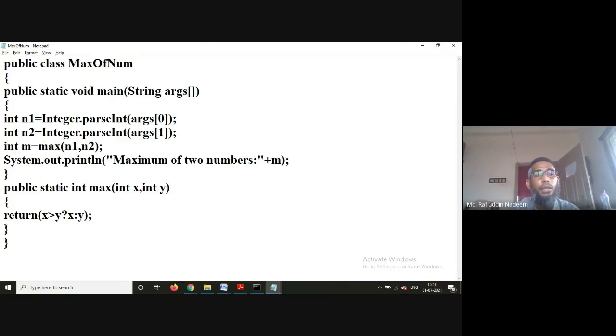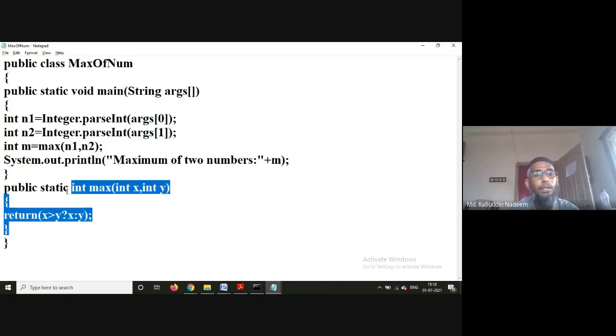So all this stuff here is C stuff. Whatever is here is C stuff. We have written what we used in C language. int max(int x, int y), return x greater than y question mark. What is that? It is a conditional operator. So we can use the conditional operator in Java with the same syntax. No changes, nothing. So we can use the conditional operator in case of Java. So that is the first thing which I would like to tell you here.